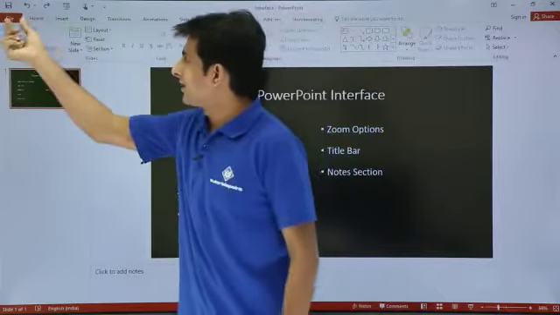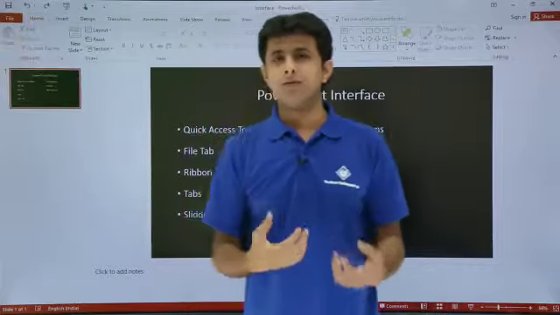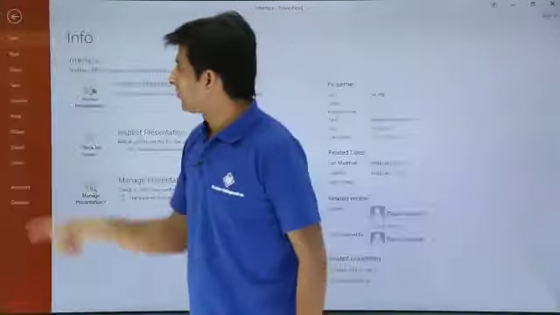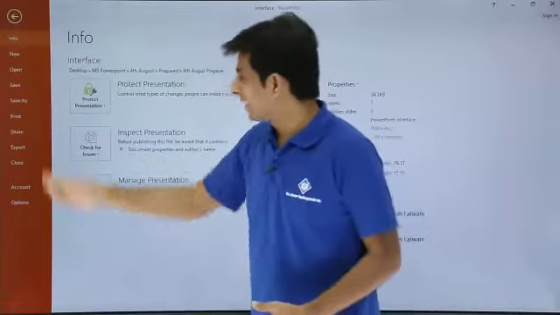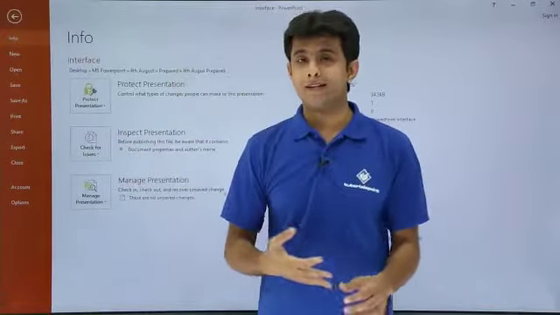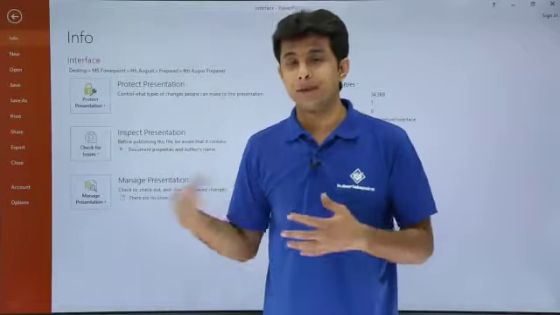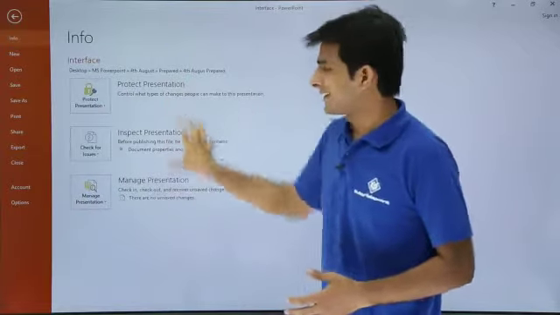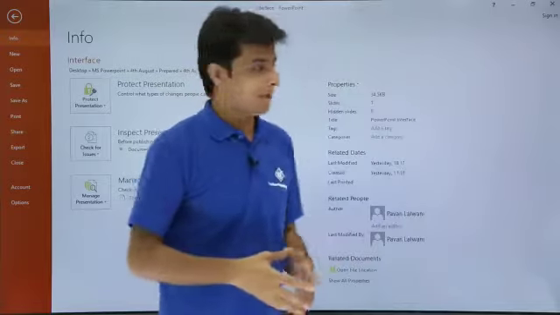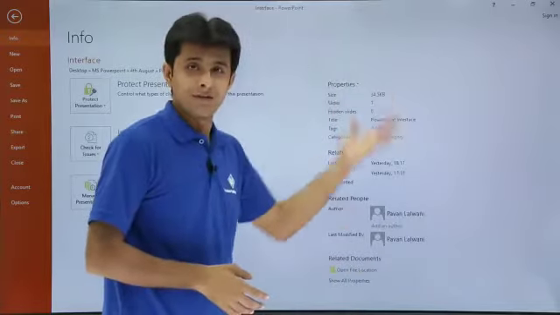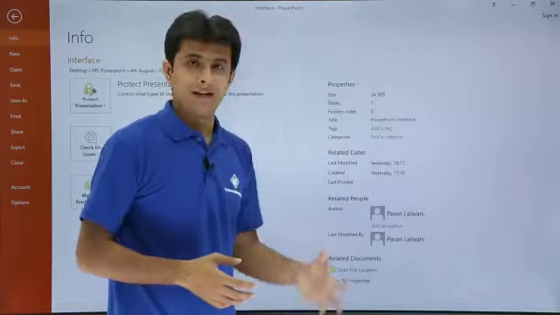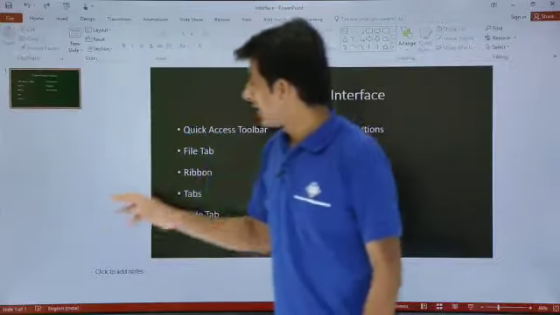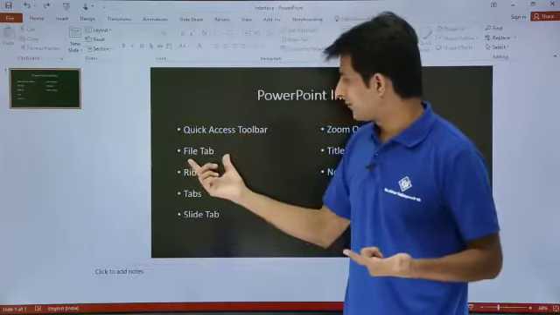On the left hand side of the tabs, if you see, there's a file button. In some versions you might find it as the office button. So if you click on the office or file button, you get these backend options like new, create, or you can say close, save, print. These are all different things available. You can also use the second interface of this backend tab, and these are the properties which are available: the created time, date, the username, etc. All these things are available here. So we have seen the quick access toolbar and the file tab.